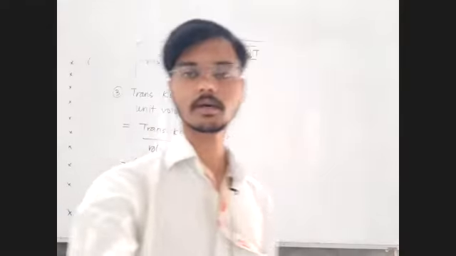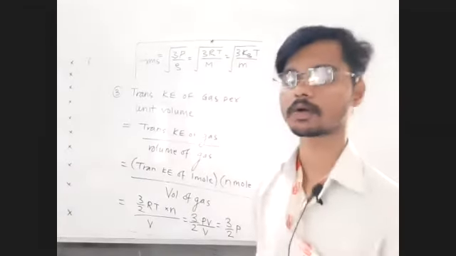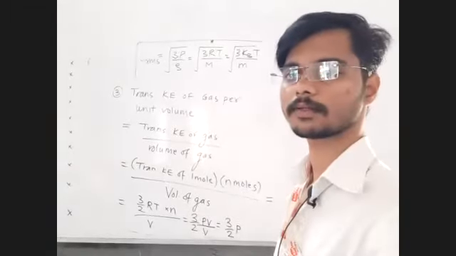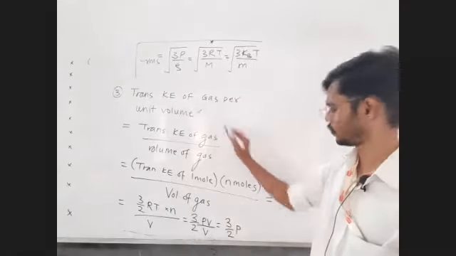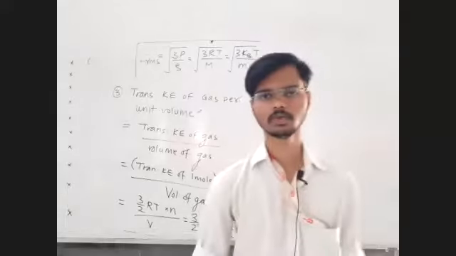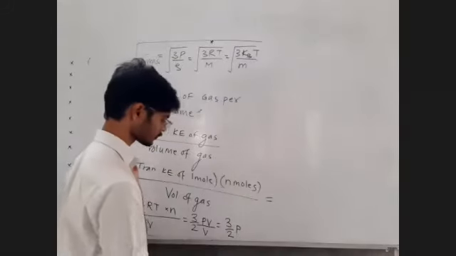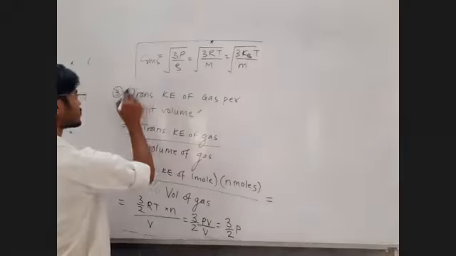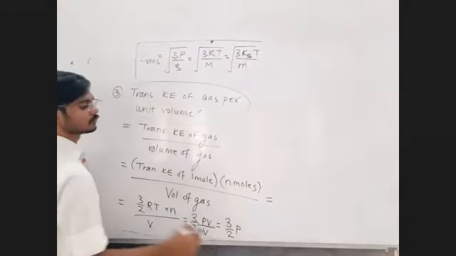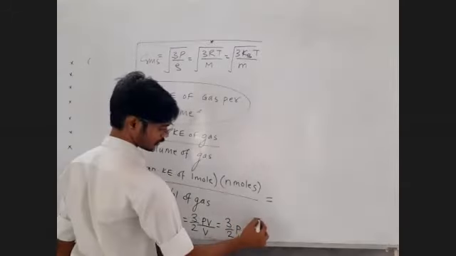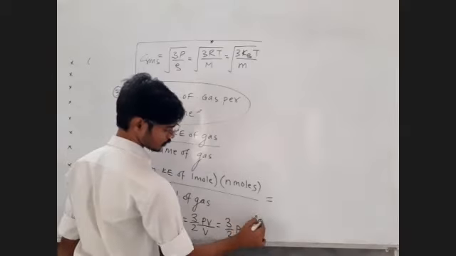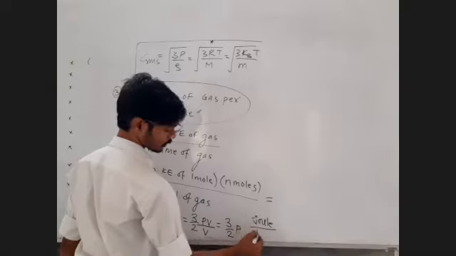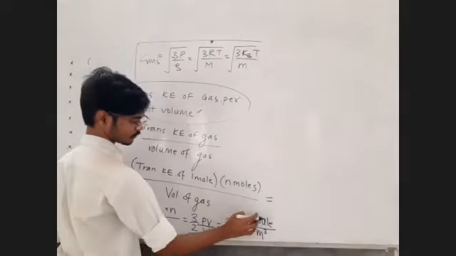So check all of you whether this is clear or not, and let me know in the chat box after writing, clear and written. Kinetic energy per unit volume, the answer came like this. What should the unit be? Read this and tell me the unit. What shall be the unit? It should be joule per meter cube.